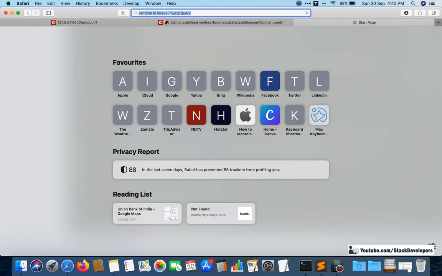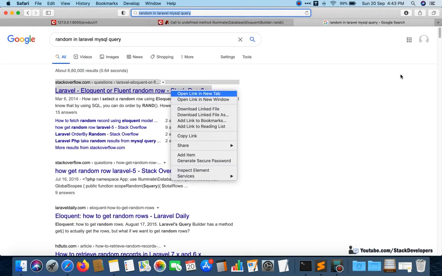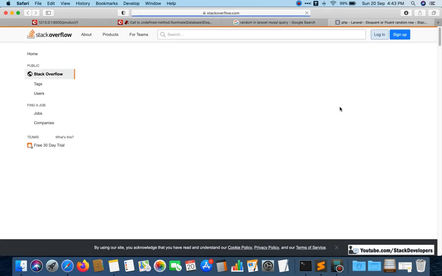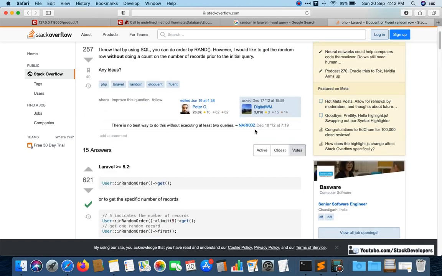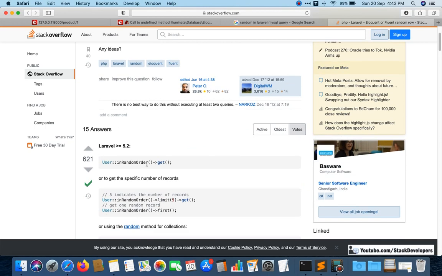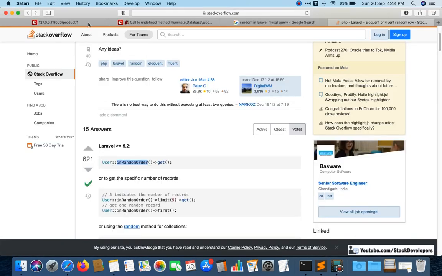I also don't remember everything, so we may need to search in Google if we forget some syntax or some built-in functions of Laravel. So see here, in random order, this looks correct. So we can give it like this. Let's see if it will work.